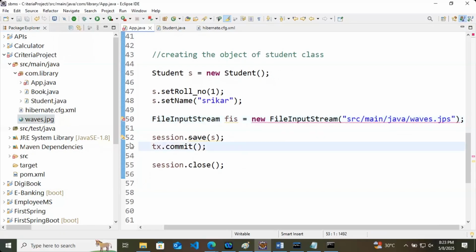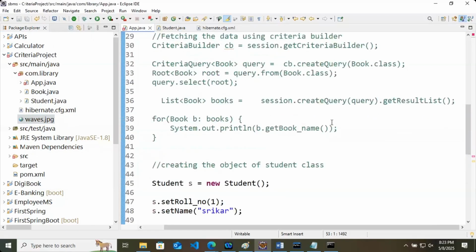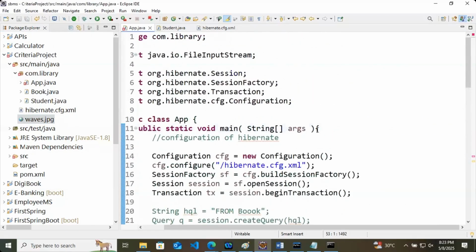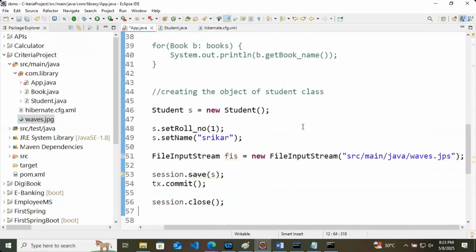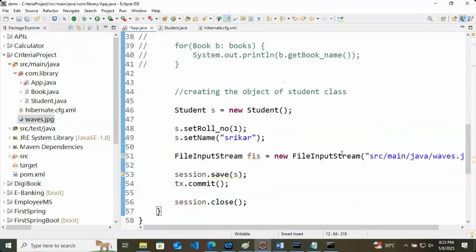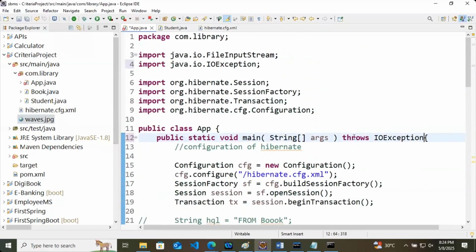The compiler is telling that this particular part can give you an exception, handle it. So what I will do here itself, I can write that it can throw IOException. Like this. And now here we are not getting any error. You can do try catch as well, by the way, or else you can use the throws keyword.